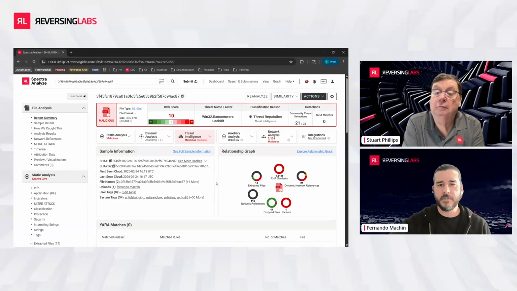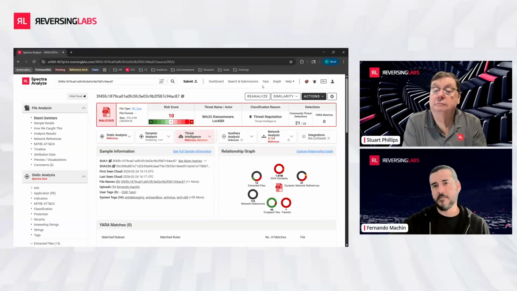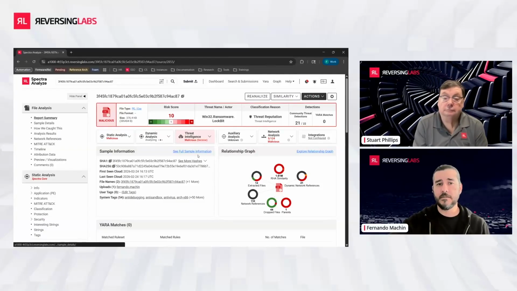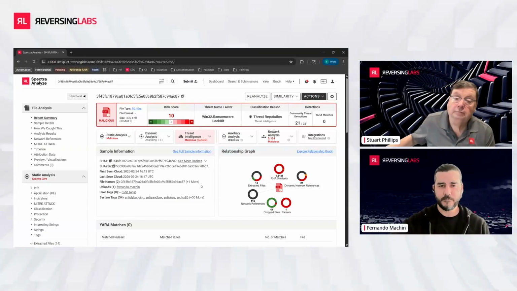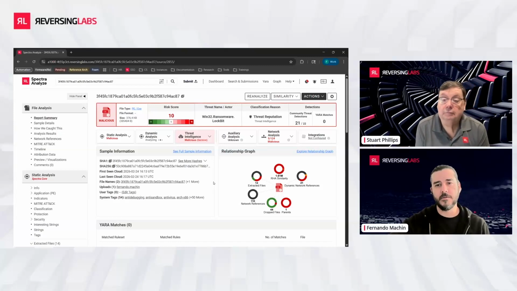There's a plethora of YARA rules out there that allow you to tailor them and give you a starting point to work off of. But this is definitely something we have: a YARA section that allows you to curate your own rule sets. It lets you do retro hunting against the entire corpus to see how your rule set stacks up against what's already there. There's a couple different ways that it can do it. Okay, that's good. Good question.